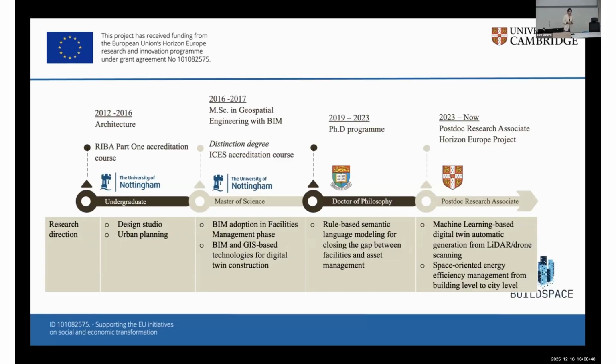Because in my opinion, we did some project in China, and we found a very large scale shopping mall, for example, where the high level people, the senior people, don't know what happens at the front. I mean, at the front work. So I use the knowledge graph to bridge the information gap between the two domains, which is facility management and asset management.